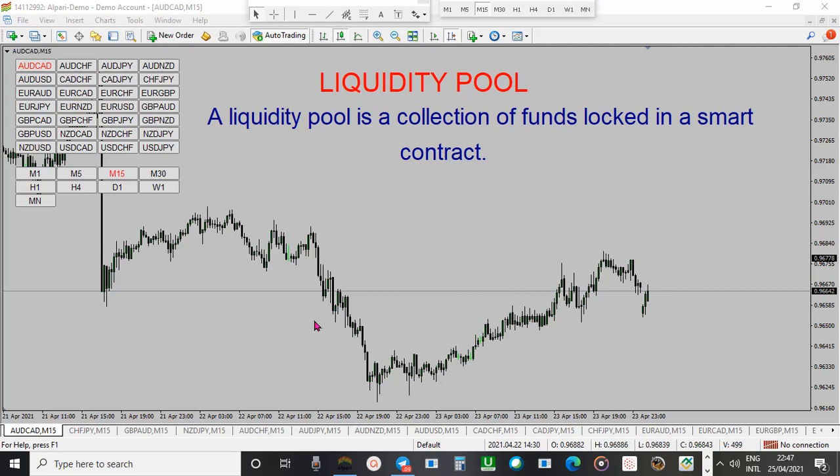If you don't understand liquidity pool, you will not know what banks do when it comes to trading. They go through liquidity pool, and that informs them what they are going to do to place trades. And most of the time, you will see that you are in profit in a particular trade. Suddenly you will see that your stop loss will be hit, and then the market will go in your direction. More often than not, it has happened to all of us as traders. Without knowledge, we don't know that banks are the ones manipulating the markets. So your job is to know the point at which banks manipulate the market, and that is what I call